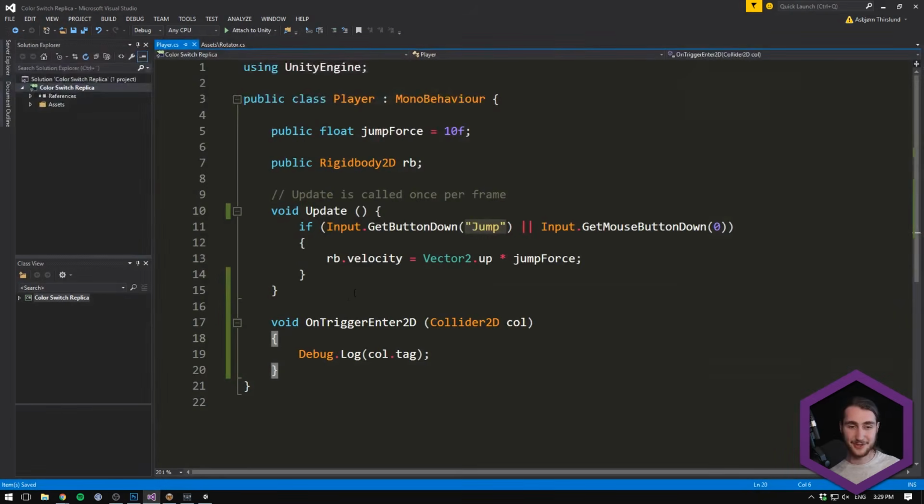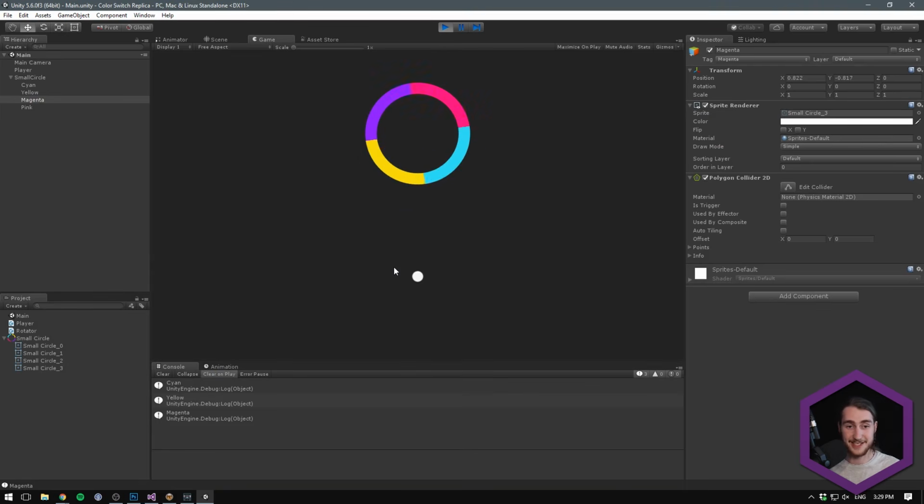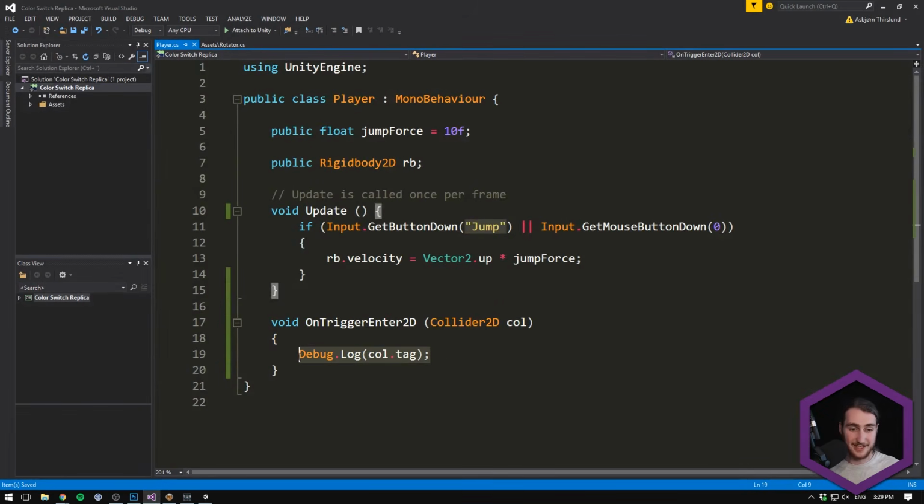So inside of Visual Studio, we can now check. Okay, let's just see if this is working first. So if we play here and we collide with cyan, it says cyan. If we collide with yellow and magenta, it says yellow and magenta, and the same thing with the pink. Cool. So now inside of Visual Studio, we can check if